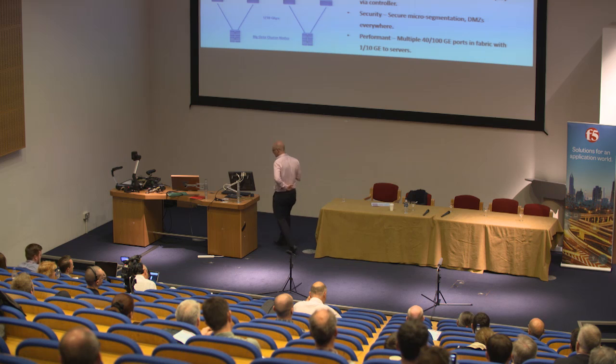With this architecture as well, you can use simple things like contracts, just say A to B, or you can insert an F5 virtual edition device into the middle to do some load balancing or web application firewalling. And the vast majority of these architectures are also built to scale. You're talking about swapping out a line card to introduce 100 gig, or a lot of them have innovation around universal ports, where the port will support 100 gig, 40 gig, 10 gig, 1 gig, and you swap out the transceiver depending on what you need. So this is the way we do it these days.